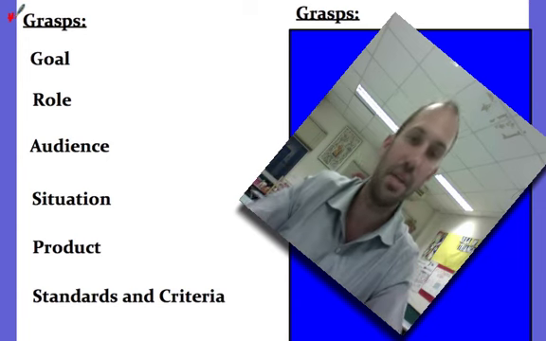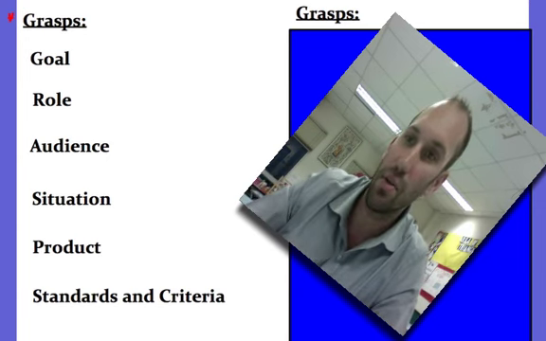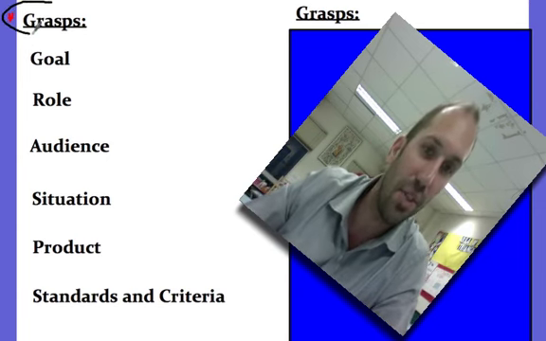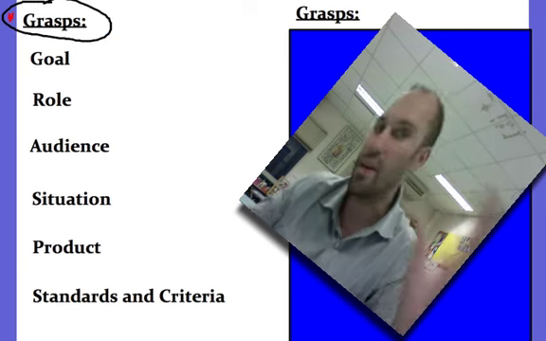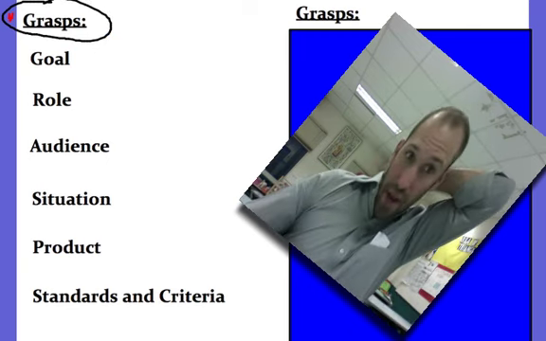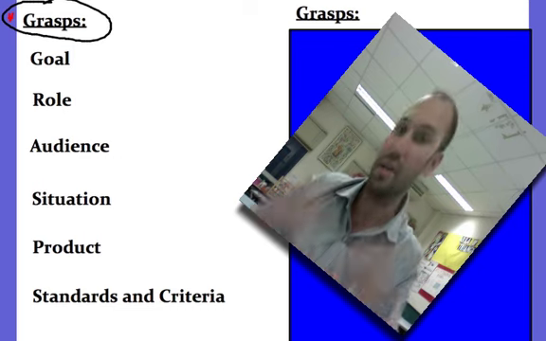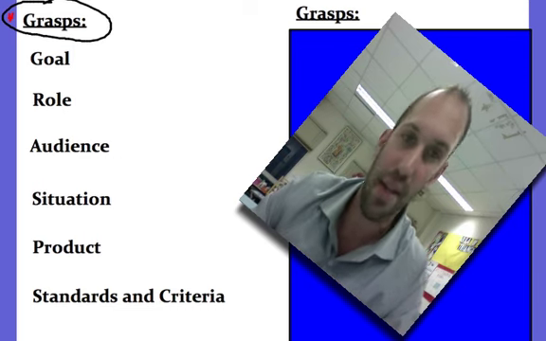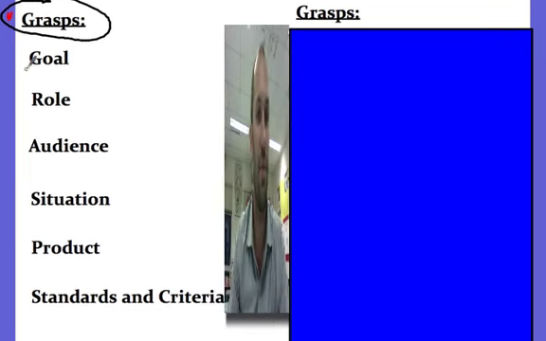Okay, so how are we going to make our performance task to make it easy? Because we want it to be easy. We're going to use this thing called GRASPS. Now, GRASPS is just to make it easier. If you have another way you'd like to do it, then we can do it another way, but I just feel like this is going to be concrete and make sure you do everything. So first of all, G stands for goal, R role, A audience, S situation, P product, and then last S standards and criteria.